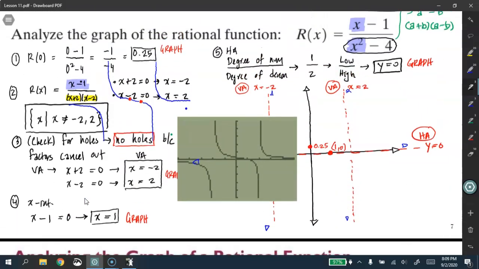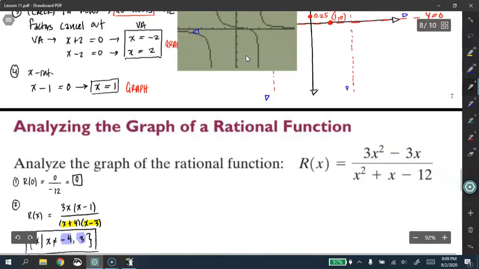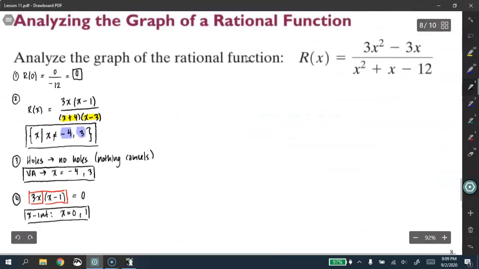Now, step number 5 is for us to go ahead and note down the degree of the numerator and the degree of the denominator so that we can determine where the horizontal asymptote is going to be. So let's go ahead and take a moment and try that. In step number 5, we're going to look at the degree of the numerator. Okay, so let me write down numerator degree. All right. And then I'm going to write down the denominator's degree. So denominator